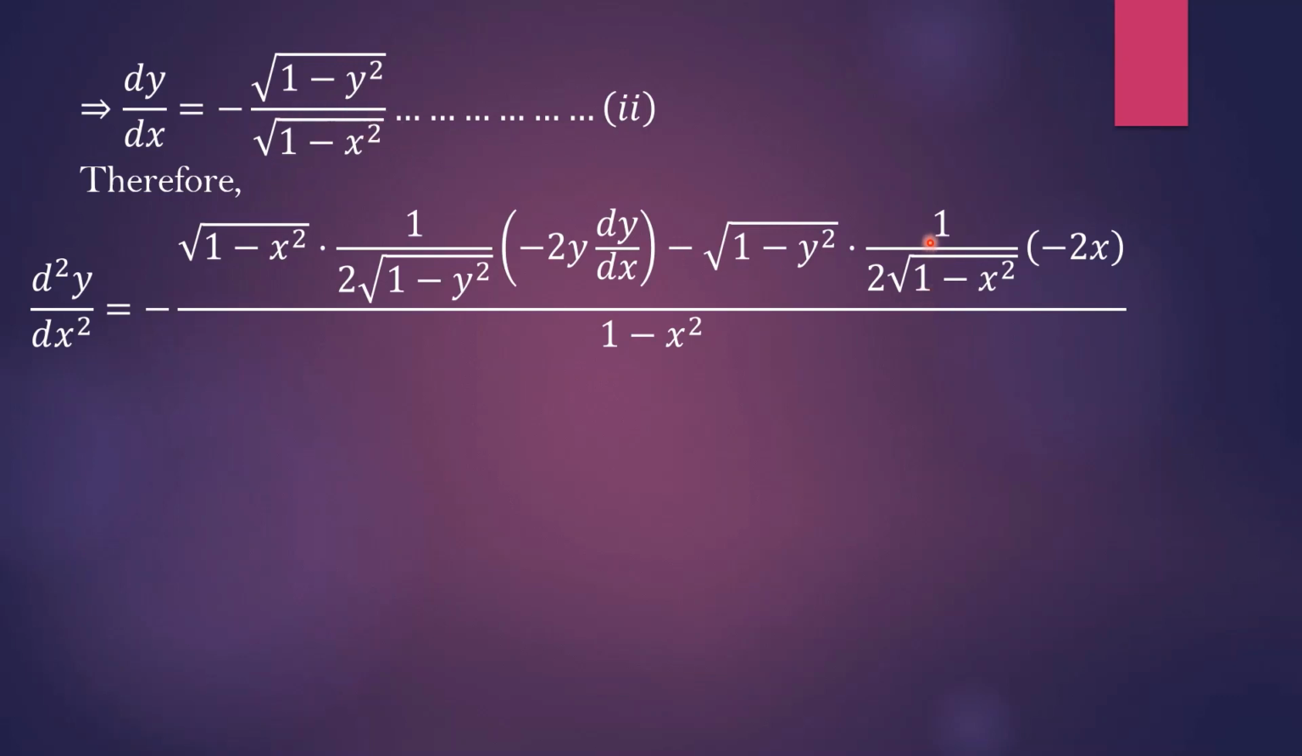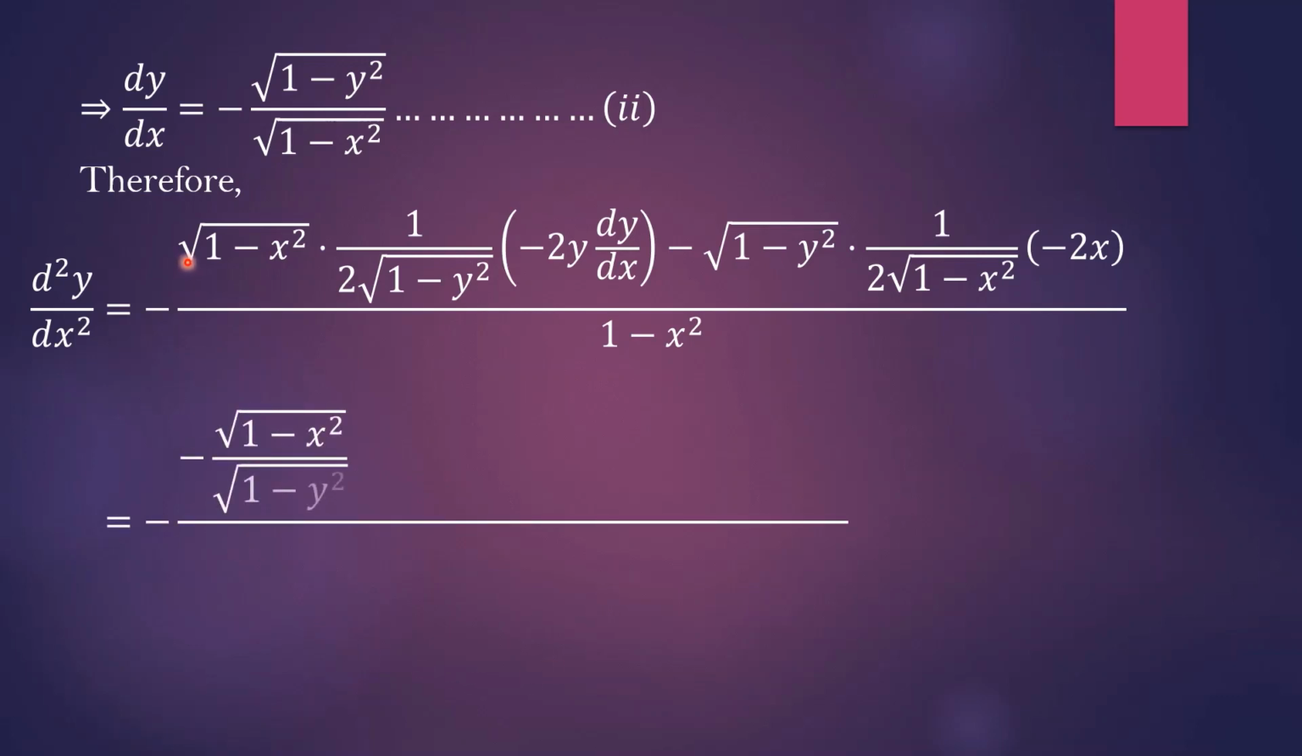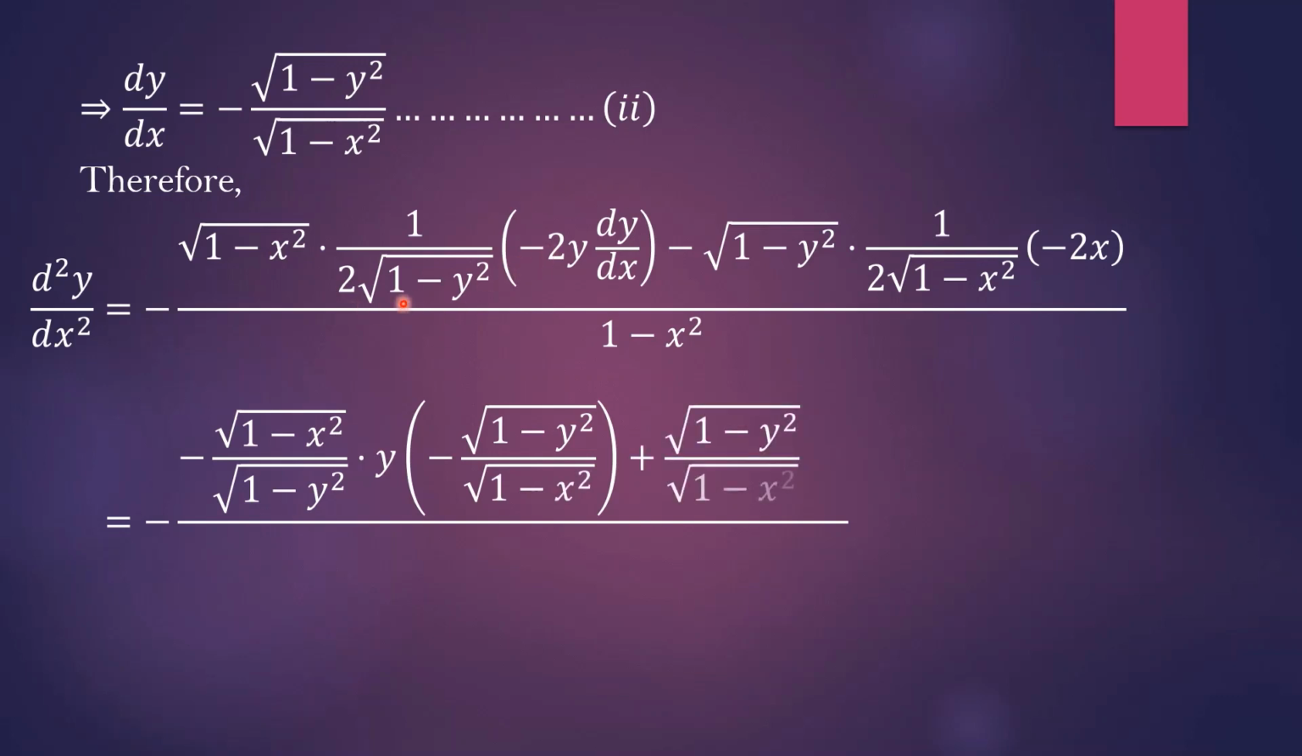It is again a square root function, so 1 by 2 root over this one into the derivative of this inner function, which is only minus twice x, and the denominator square will be only 1 minus x square, because root over and square will eliminate each other. So now you simplify it as 1 minus x square divided by 1 minus y square, this 2 and 2 are cancelled, y is remaining here, dy dx has the value we put here, then this minus and this minus make it positive, 1 minus y square divided by 1 minus x